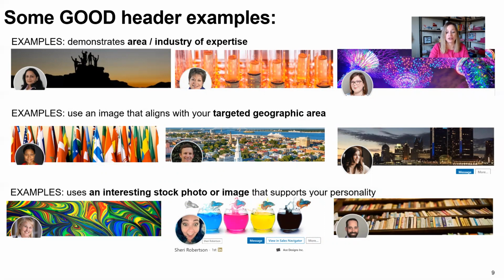The 3 in the middle actually are using geographical elements, whether it's international flags, skyline photos, that type of thing. And the 3 at the bottom, I just think are interesting to look at, right? They just are appealing. The woman in the middle, I think she actually works in the graphic design field or something along those lines. So generally speaking, you could use the library image, like the gentleman in the lower right as well. It kind of shows that you're a reader and that you're a lifelong learner. So just a couple of quick examples there if you're struggling with what's a good type of image in the